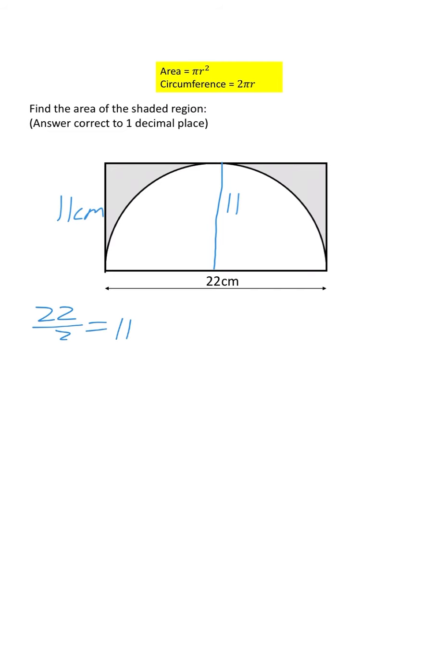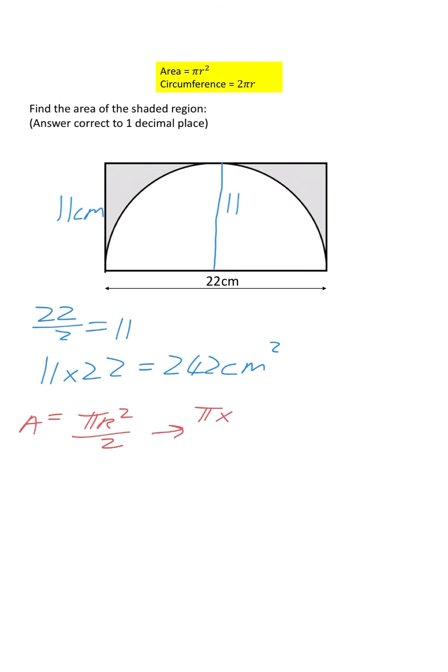Okay, so I'm going to get the area of the whole rectangle first. So let's do 11 times 22. That's going to be 242 centimeters squared. Then we have half a circle. So if it's half a circle, let's use our formula, pi times radius squared, but divided by 2, because it's half a circle. Now, I wasn't told to use pi as 3.14, so I'm just going to use the pi button on the calculator for this. So we'll have pi times 11 squared divided by 2, and that's going to equal